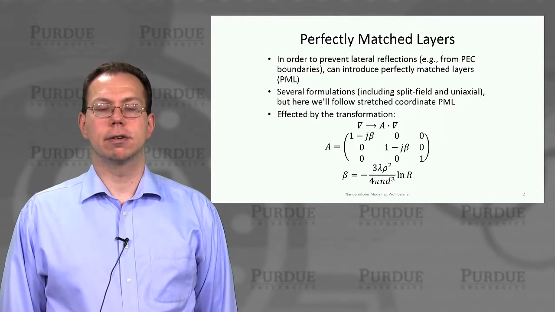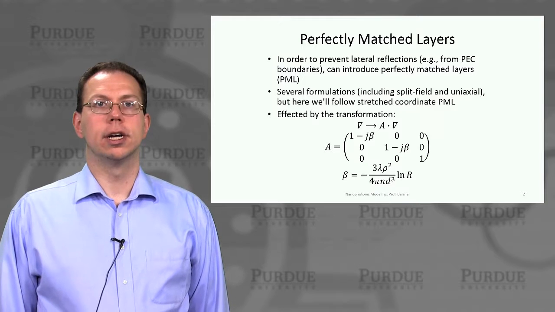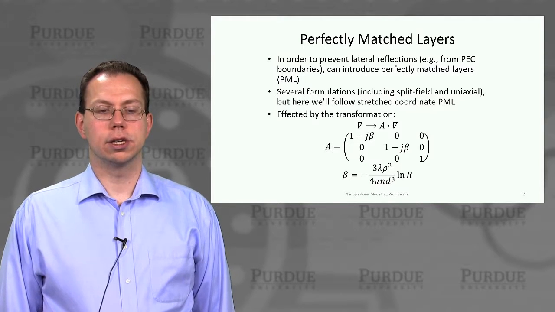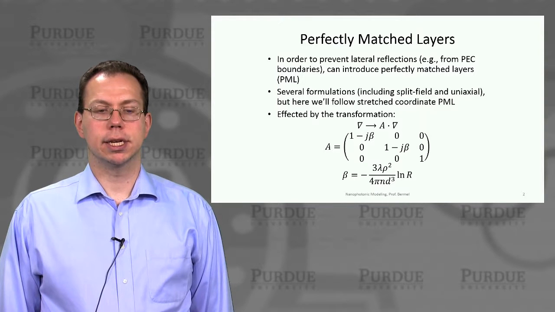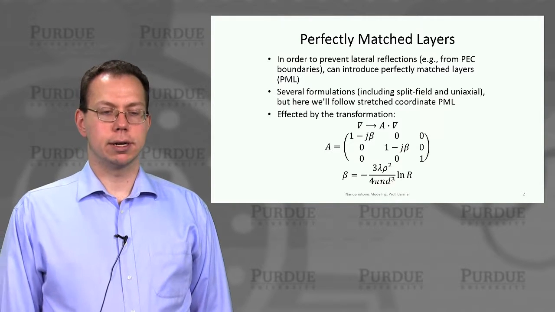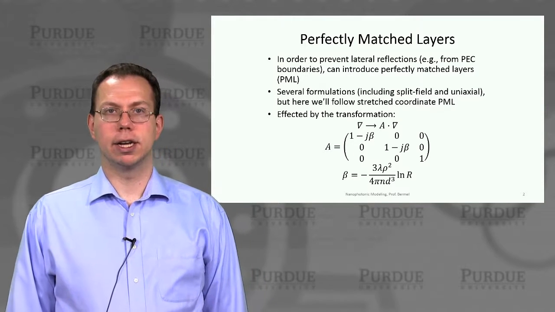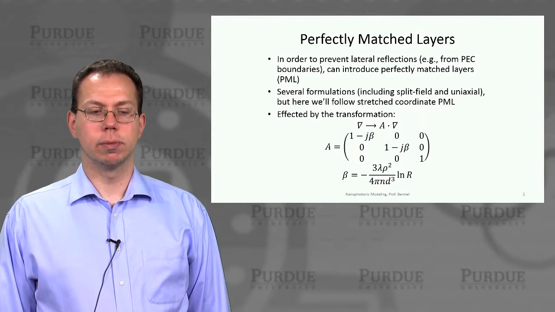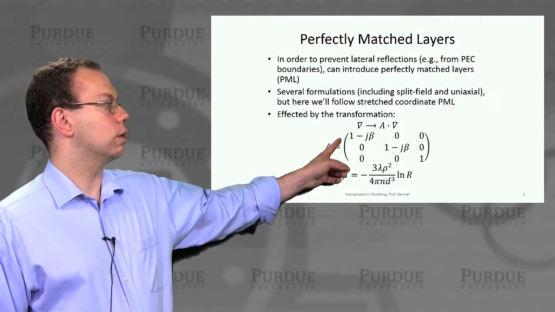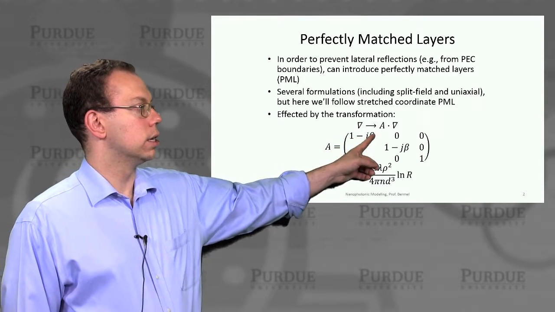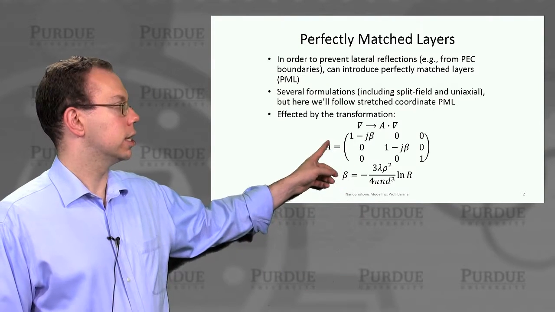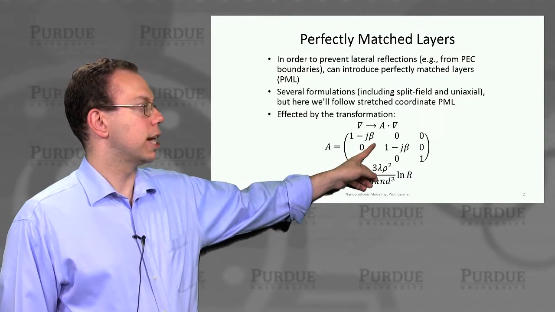And so in order to prevent the reflections, we need to add a new feature to the finite element method, which we can call perfectly matched layers. Much like we saw in finite difference time domain, we can introduce this by a few different methods, but we're going to use a slightly different approach than we had for finite difference, which is to stretch the coordinates of the system. This is effected by transforming the gradient operator into A dotted with the gradient operator. And we can represent our A coefficient as having a small imaginary component.